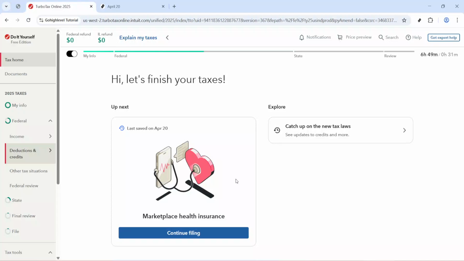In today's video, I'm going to teach you how to add 1095A on TurboTax. If you bought health insurance through the marketplace, you'll receive Form 1095A. This form is important because it helps reconcile the premium tax credit on your return. Before we start, have your 1095A nearby so you can reference it easily and make sure you're signed in to